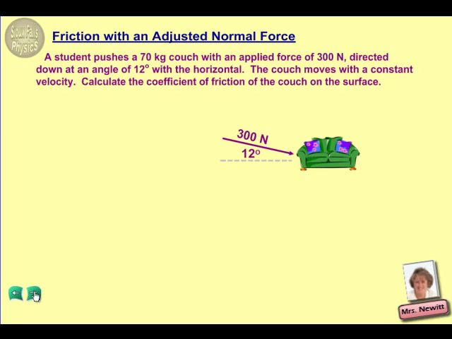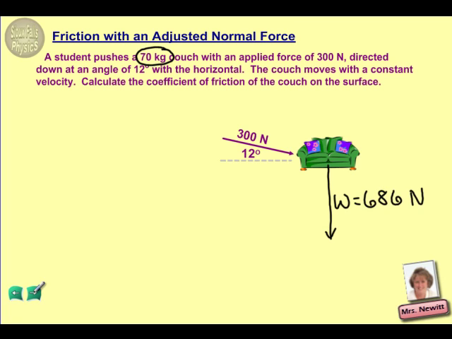Well, first thing we will want, of course, is to draw a free body diagram of this situation. And again, notice they didn't specifically include that as part of the problem, but in a situation like this where you have a lot of different forces to keep track of, it is definitely worth taking a little bit of extra time to make that diagram. First, we'll find the weight of the couch directed straight down. Notice they've given us 70 kilograms, and at this point hopefully you're getting pretty good at just taking that 70 kilograms, multiplying times 9.8, and we get a force of